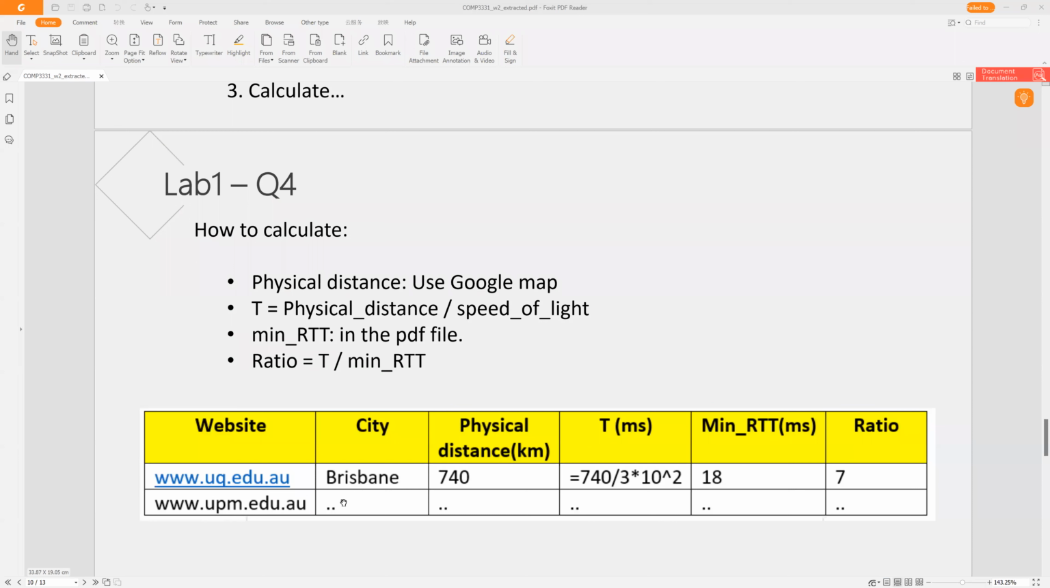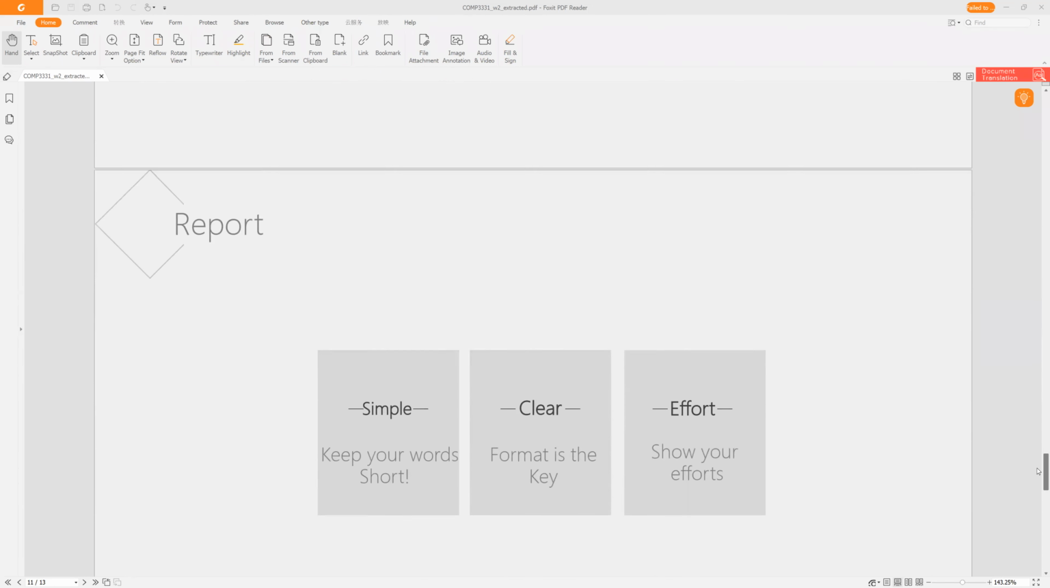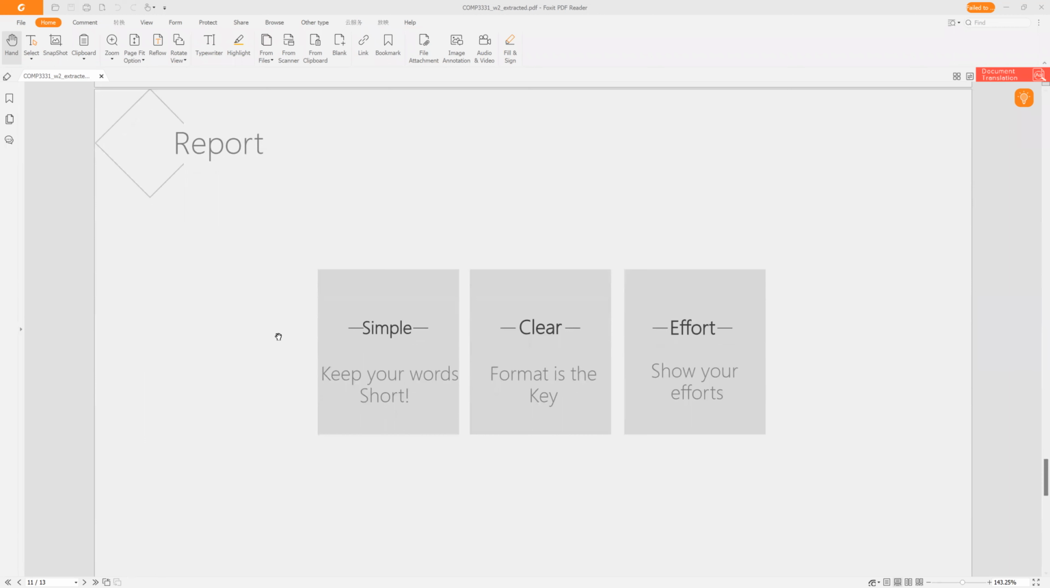Okay, so just create this table, and this table will definitely help you to answer the question. Yeah, and the next step